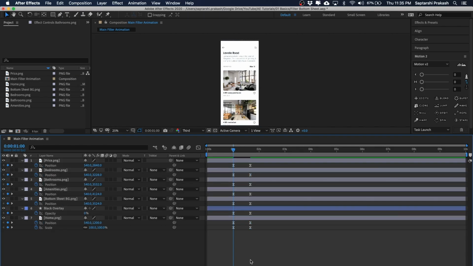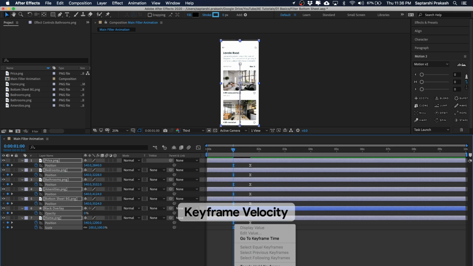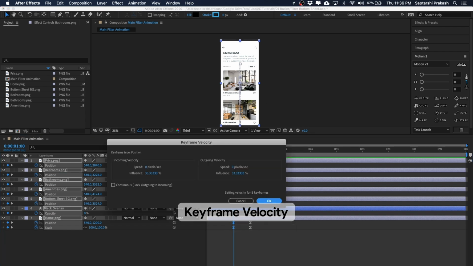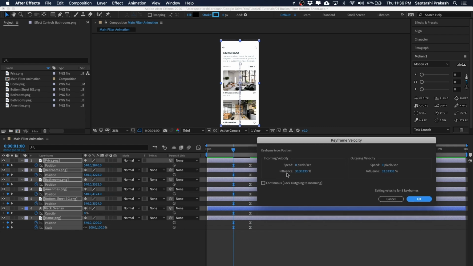So when you directly click on easy ease, it applies some default values, but I would say it's always a good idea to go ahead and tweak them, right? So let's do this. I would apply the same values to all of these initial keyframes: select all of them, right click any one of them and go to Keyframe Velocity. When I click on Keyframe Velocity, you see it has applied a default influence of 33.33%